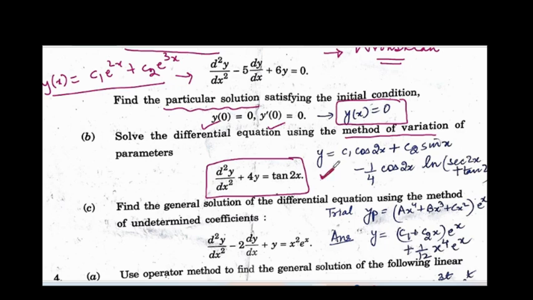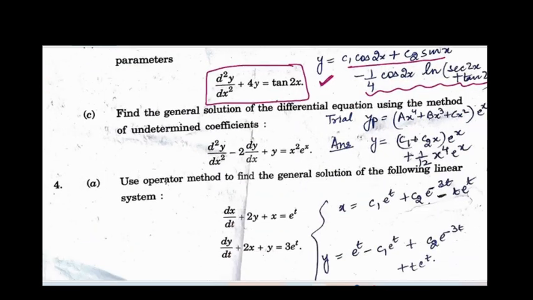You can tally your answer from here. This you can see is your yc component, and this is the yp component in variation of parameters. The next one, again expected, undetermined coefficients and variation of parameters, is a short question every time, and this was